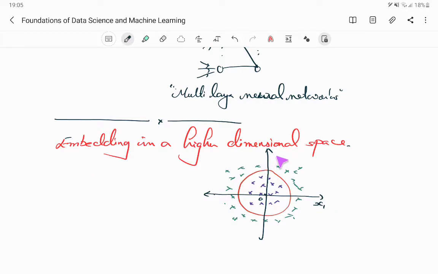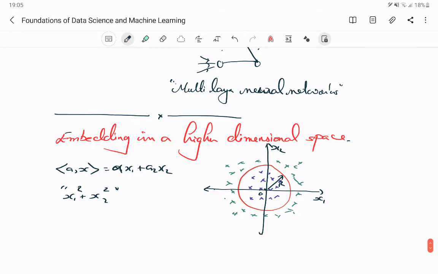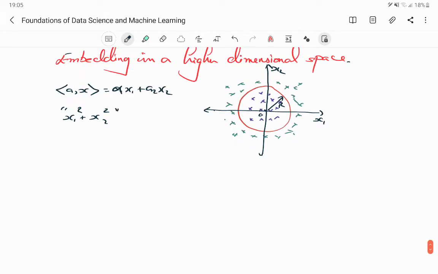So if this is the x1 axis and this is the x2 axis, your inner product of some a with x, which is some a1 x1 plus a2 x2, will not work. But what will work is if you could make a decision based on x1 squared plus x2 squared. Because we know that if this circle had a radius r, then if x1 squared plus x2 squared was less than r squared, points are blue, and if x1 squared plus x2 squared is more than r squared, the points are green. Now, we somehow still want to use a linear separator,